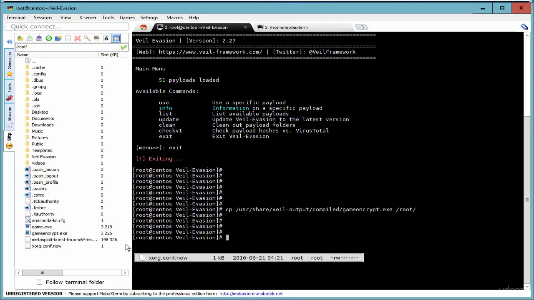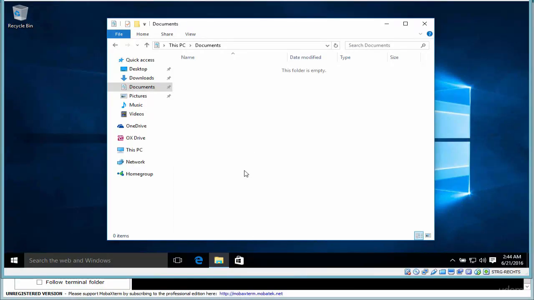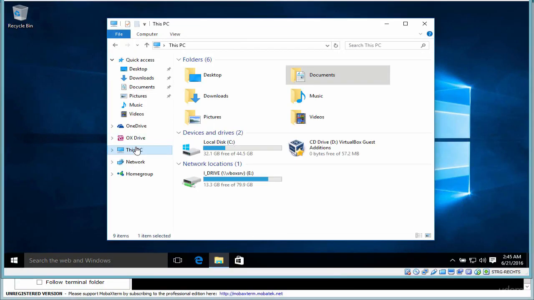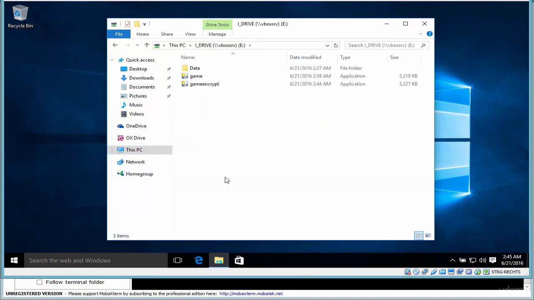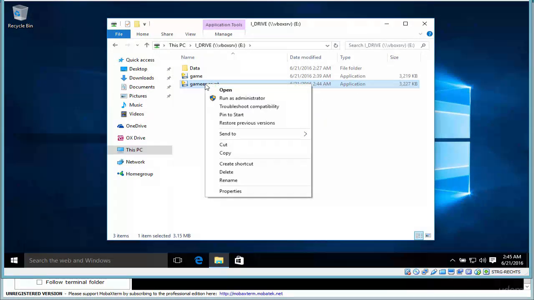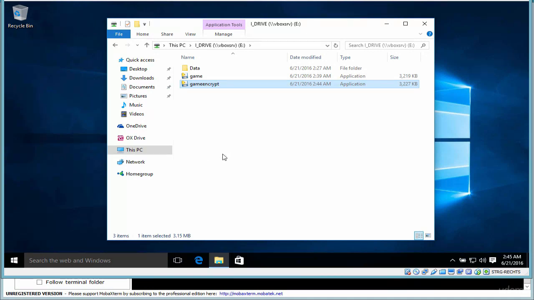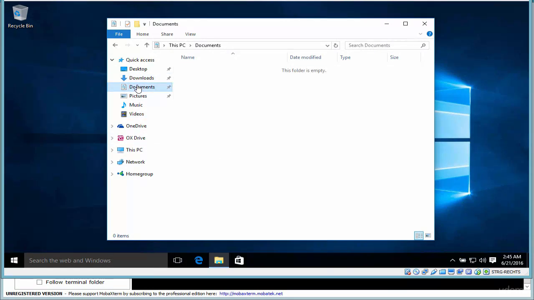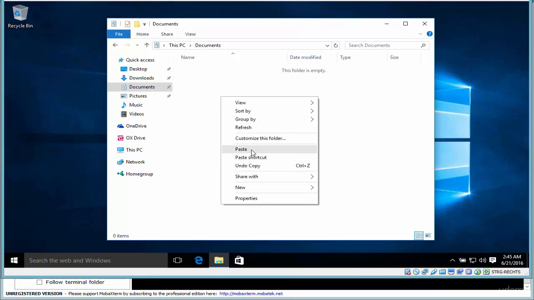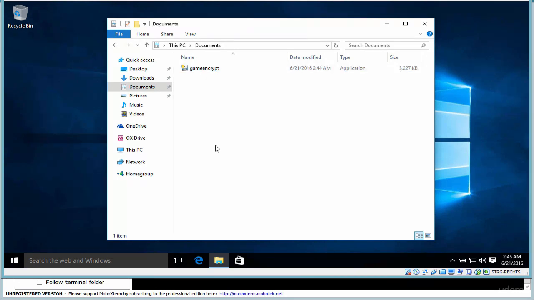Once that has downloaded, we need to go to our Windows 10 machine, and we will go to the USB drive again. Within that folder, we will see the game encrypt. We want to copy this to our documents folder, for example. And let's paste the file here. And once we've pasted it in, let's look at what happens in the next video when we attempt to run this particular